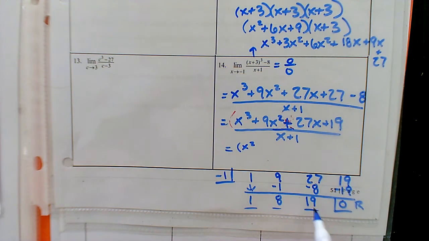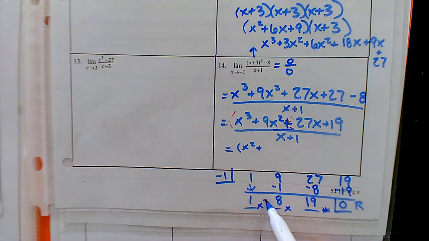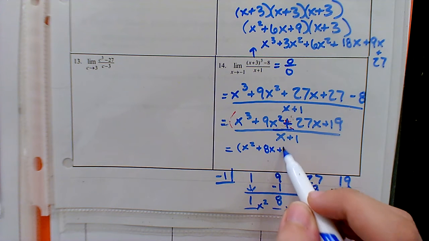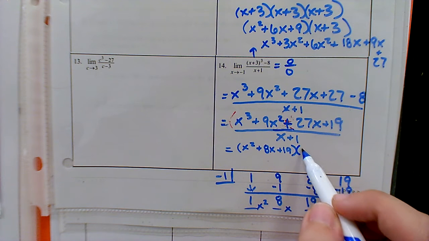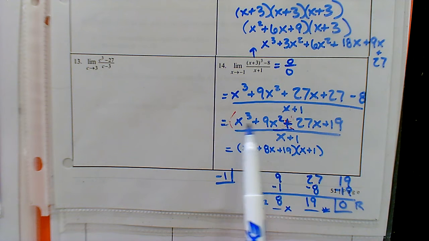Okay, so this 1, 8, and 19 are the coefficients on your quotient, the answer you get from division. The 19 represents a number, the 8 represents how many x's, the 1 represents how many x squareds. If we had more numbers, we would just continue with x cubed, x to the 4th, and keep going. So we have 1x squared, 8x plus 19. That's your quotient value. And if you were to take the quotient times that divisor, x plus 1, you would get your original polynomial